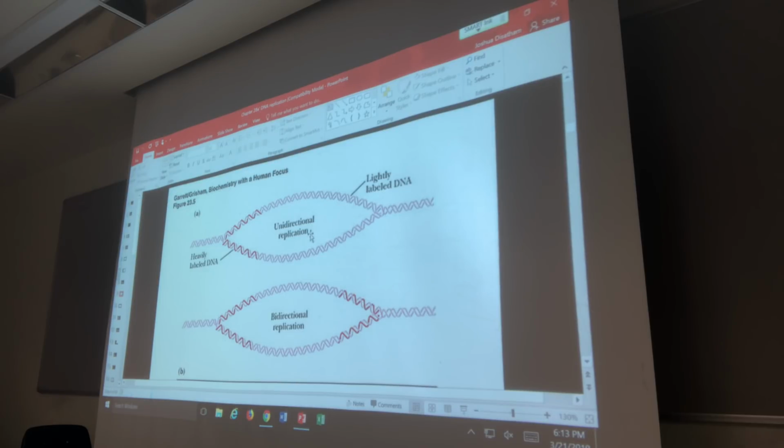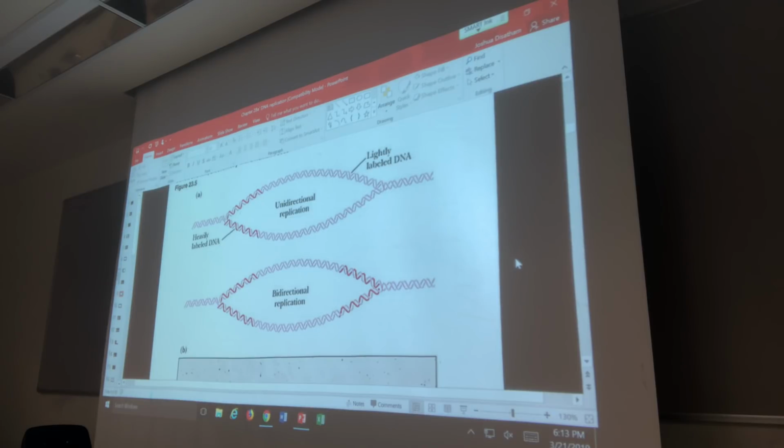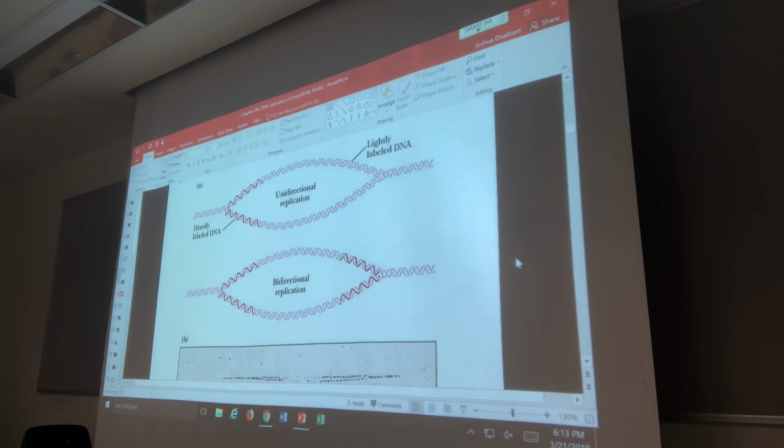It is bidirectional because when you open up a single hole in DNA, you can go to the right in this picture and you can go to the left to replicate DNA. That is what they mean by bidirectional. DNA replication is most commonly bidirectional. I know there's some prokaryote that does only unidirectional replication, but we don't care about that in this class. That's just a microbiology genetics thing. In this class, we associate the phrase bidirectional with DNA replication.